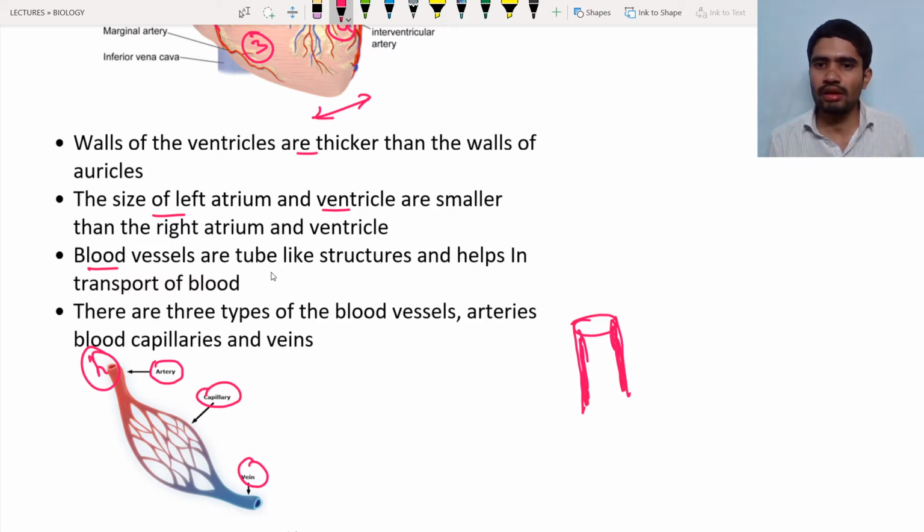Why is the wall thicker in the artery? Because there is a huge amount of pressure inside the blood vessel, which is coming from the heart. As a result, to withstand this pressure coming from the heart, the walls are thicker so that they will not burst and they will supply the proper blood to all body parts. Hence, these arteries supply blood from the heart to the different parts of the body,